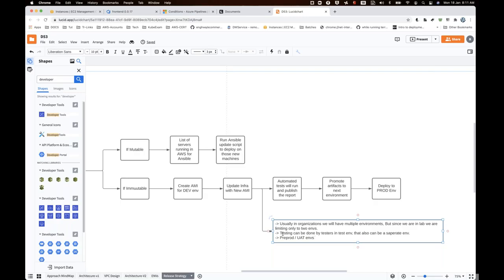Whatever name you call it, it is just before the production. The pre-prod or UAT environment is used for a couple of reasons.